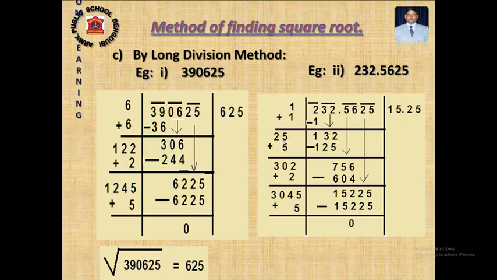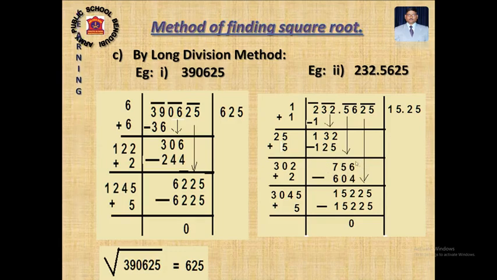How many times if we multiply it comes to 132, or near 132? If I write down 5 here, 25 times 5 is 125. If I write 6, it will be more than 132, so I cannot write down the 6, okay. Write down 5 here and also 5, multiply 25 by 5, I am getting 125. After subtracting I am getting 7, and thereafter you have to place the decimal point in your quotient and then bring down the next pair of numbers, 56, okay.